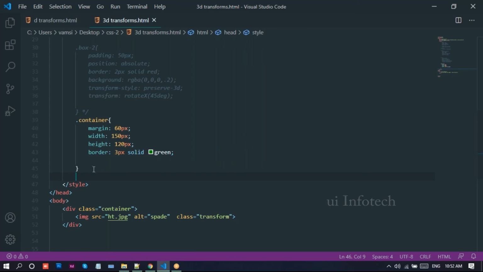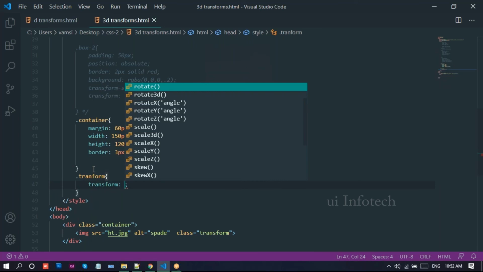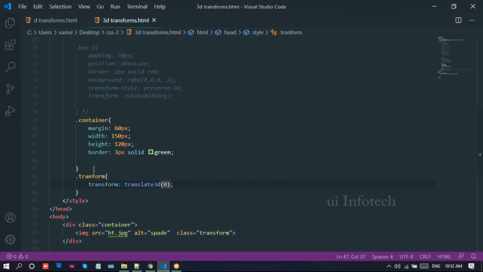So here we write this transform, right? So for this one, we need to apply some CSS for this transform. In this transform, we need to write transform translate3d. We just write some values there.